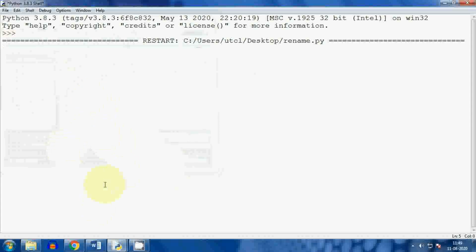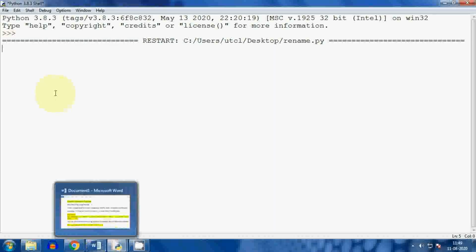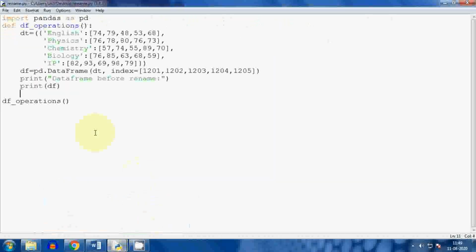Now as per the syntax, we have to rename these columns. First we try to rename columns: df.rename. Here you provide the parameter columns equal to the column names. The first column name I want to rename as ENG.